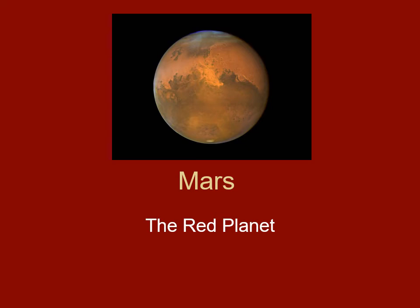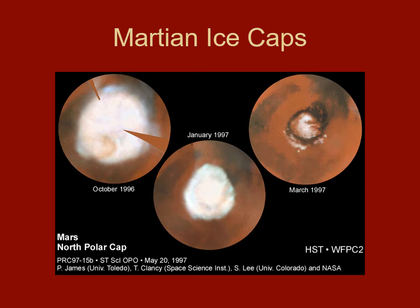We know that Mars has an atmosphere. One of the first hints that it had an atmosphere was dust storms, seasonal variations, and ice caps. I want to say some of these ice caps. The ice caps at the North and South Pole, kind of like Earth, you have some ice caps that are there,